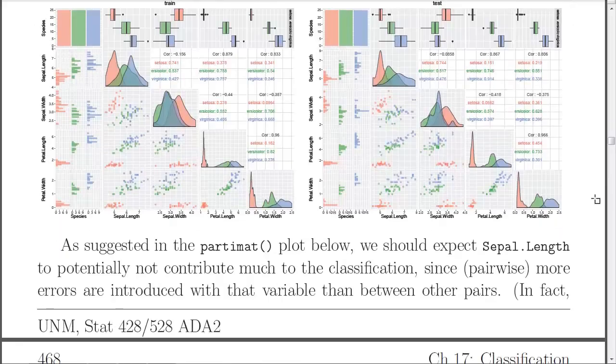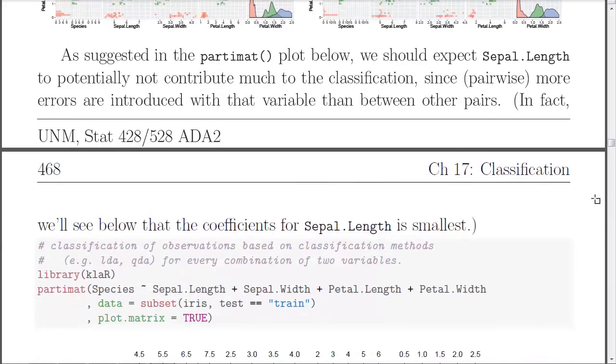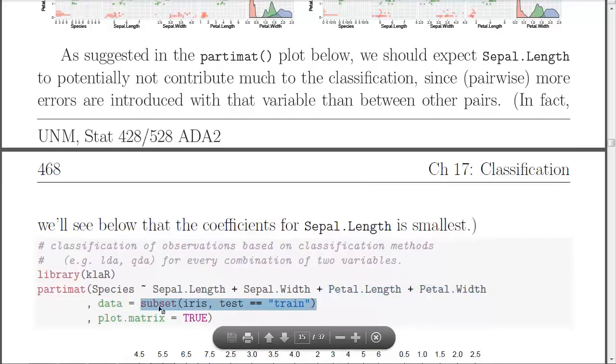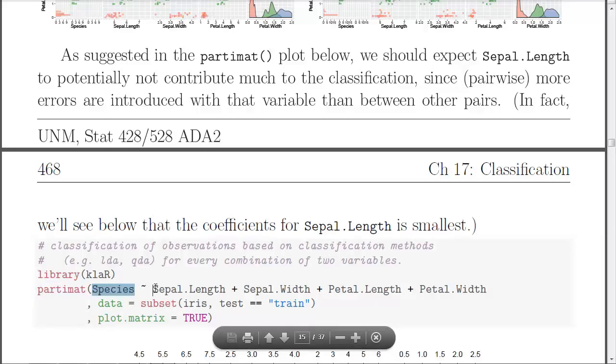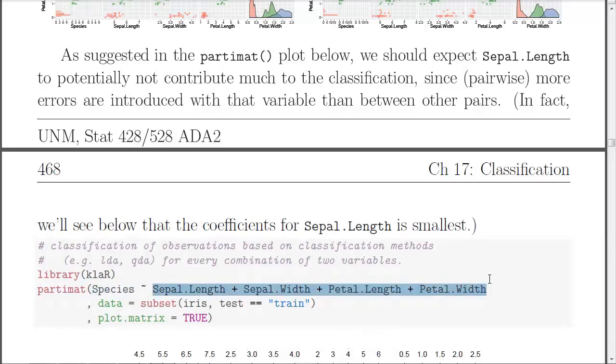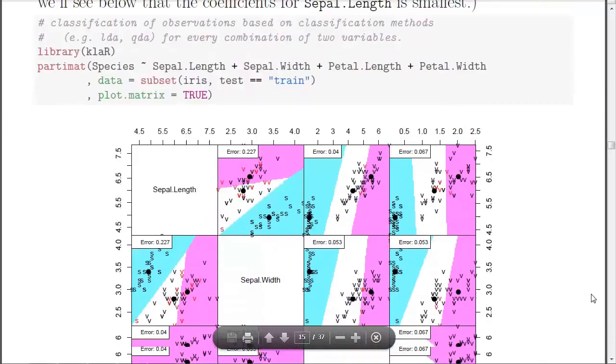All right, so let's take a look at using the training set. We're going to basically look at the training set a bunch, and then we're going to ultimately test the classification on the test set. So I'm going to use the partition matrix for species based on the 4 features of petal and sepal length and width on the training set, and we're going to plot that matrix,